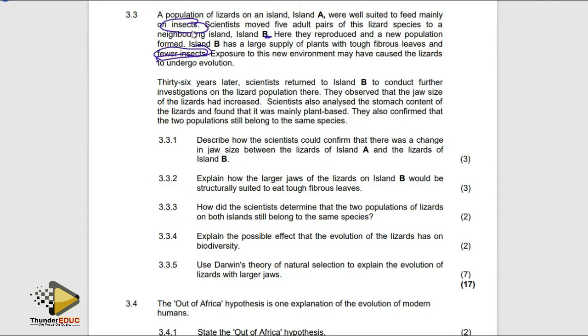Okay, they're saying 63 years later, scientists returned to island B to conduct a further investigation on the lizard population there. They observed that the jaw size of the lizards had increased, and scientists also analyzed the stomach content of the lizards and found that it was mainly plant-based. They confirmed that the 2 populations still belong to the same species. Describe how scientists could confirm that